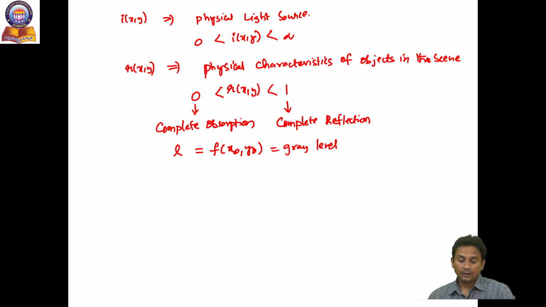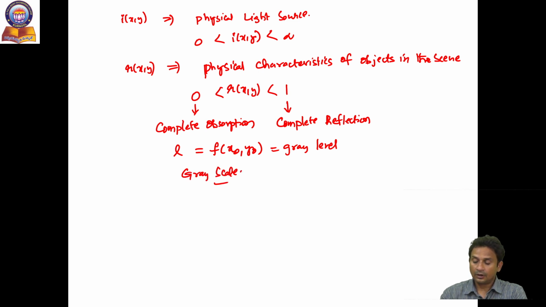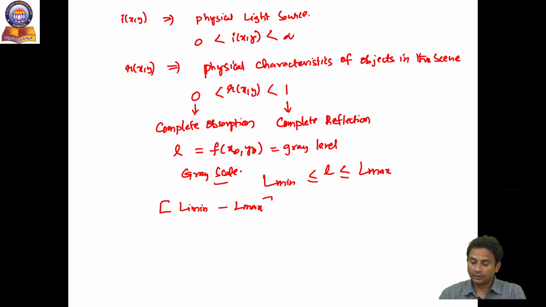The gray levels are said to span a grayscale. The gray level L basically lies between L minimum and L maximum. This range, L minimum to L max, is called grayscale,